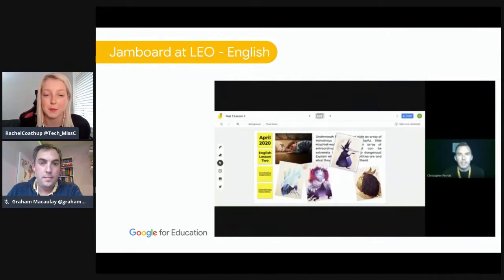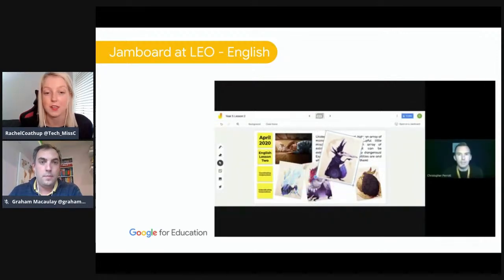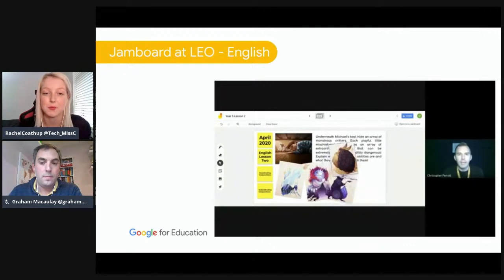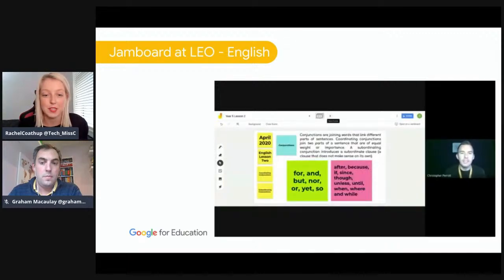And again, being able to quickly pull in content meant that our teachers didn't suddenly have to recreate everything, because they already had it saved within their Google Drive. Being able to pull any content from the Drive and use it within the lesson really does make for easy delivery, especially during distance learning. And you'll see here just how those sticky notes have been added to talk about those